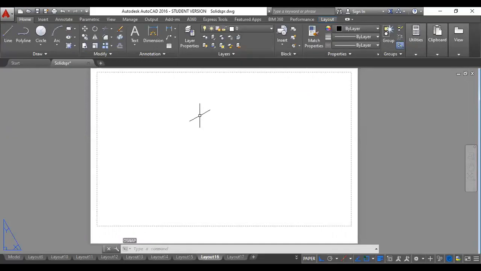Now you can see that the orientation of the mouse cursor has changed. Before it was like a plus symbol, now it is coming like a different cross mark. This is nothing but the different planes of isometrics. As you know, isometric has three planes: right plane, top plane, and left plane. To change the orientation of the plane while drawing, you have to use the F5 function button.